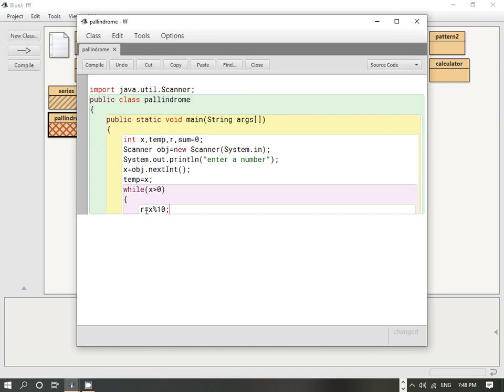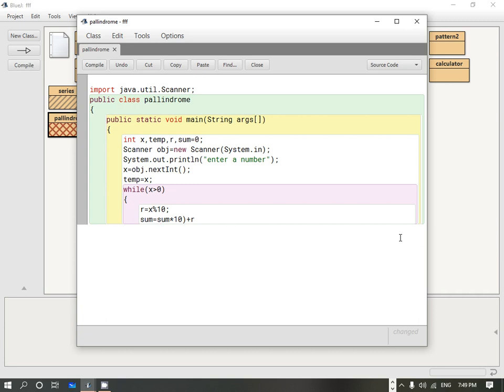So here r will store 5, and then sum equals, we should write this in the next line, sum equals sum into 10 plus r, and here we are reversing the number.